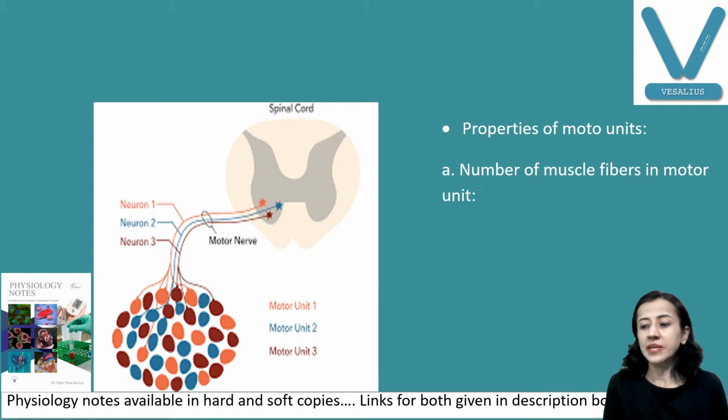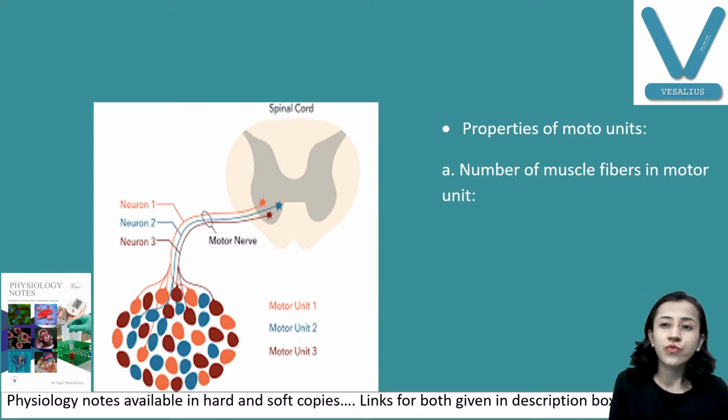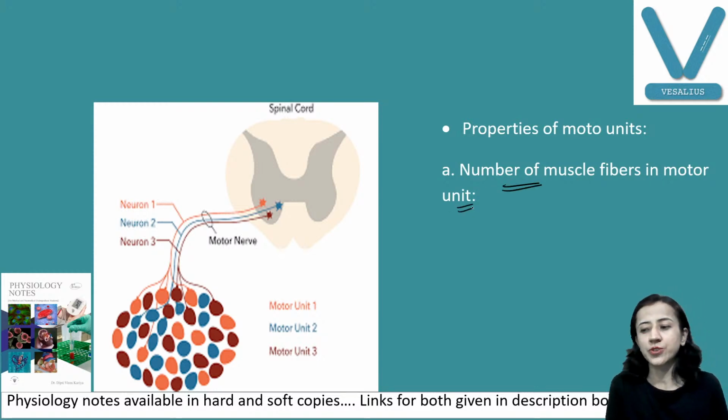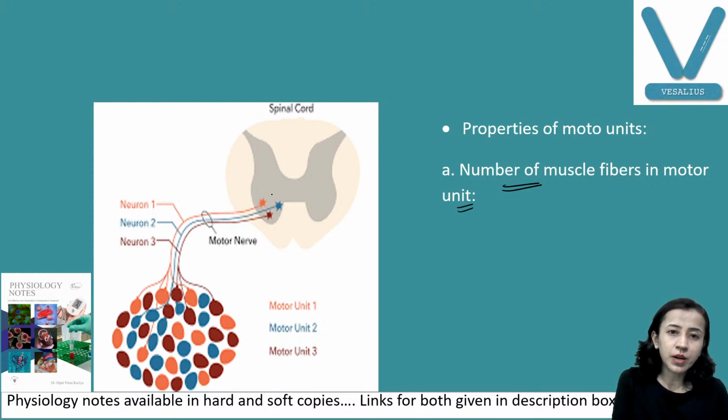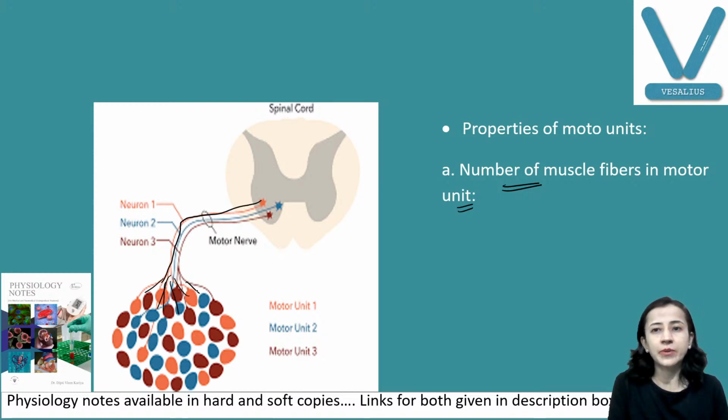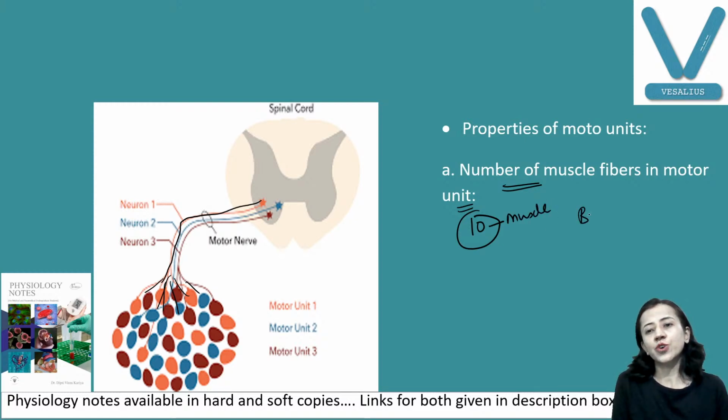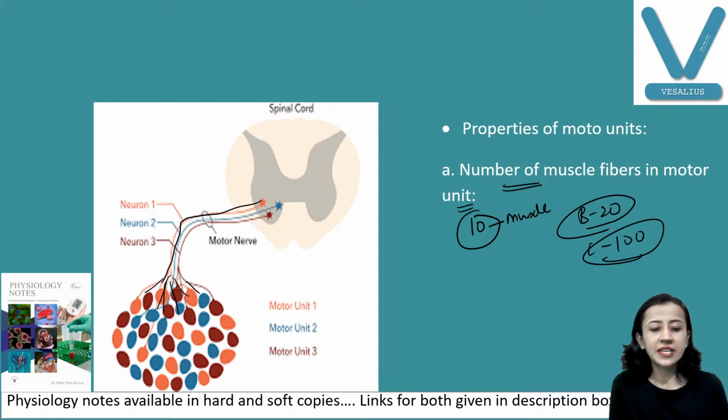Number one property is the number of muscle fibers in the motor unit. You can see here, how can you find out the number of muscle fibers? This is neuron 1. It supplies suppose 10 muscle fibers, so this has 10 muscle fibers. B has got 20, C has got 100. So this is different in different motor units, and it depends on